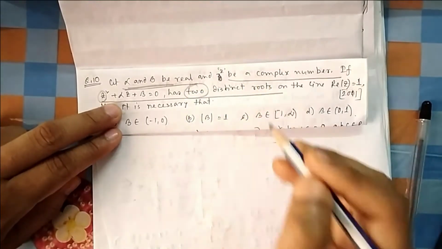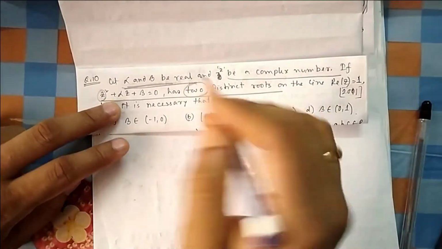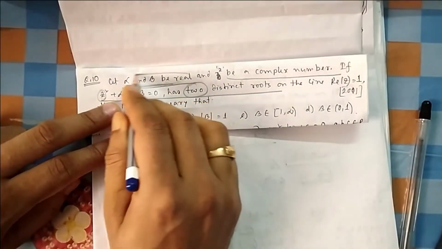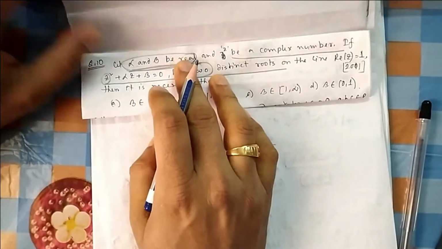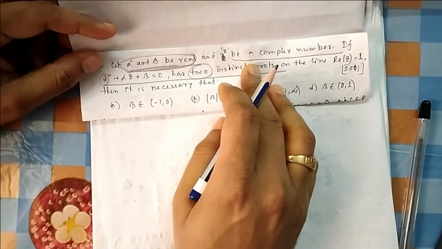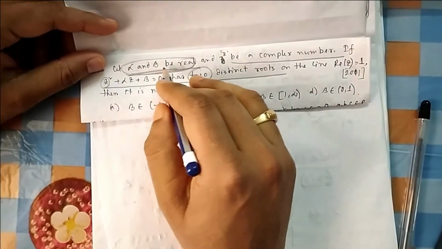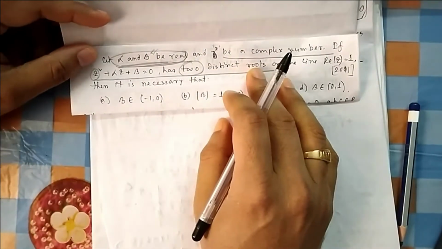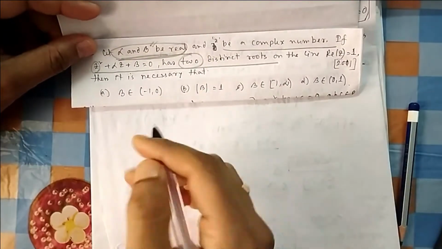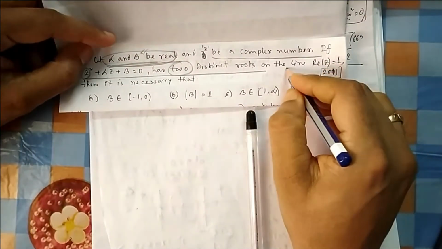So in case of complex numbers, how are these roots? These roots are conjugate to each other once the coefficients are real. That's why the theorem exists. There is a theorem: if coefficients are real, if one root is alpha plus i beta, another root will be alpha minus i beta. So that's why they have given that this one is real. So if they have two distinct roots, one is alpha plus i beta, and this part is also given on the line